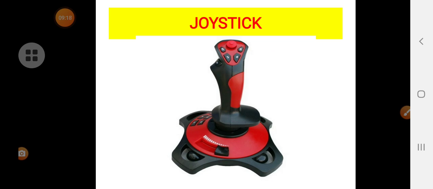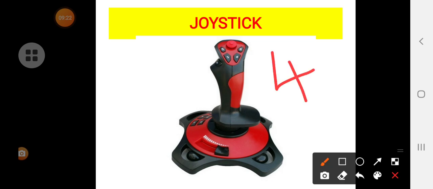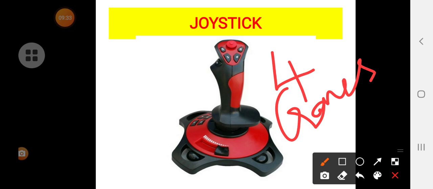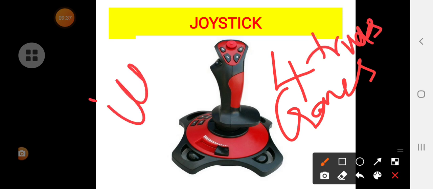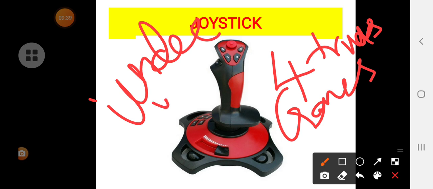So this is a joystick which will move in all the four directions in which the user wants it to be moved. These controlling machines are used in cranes, trucks, and underwater operations.